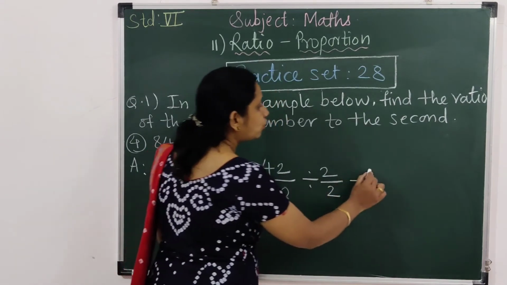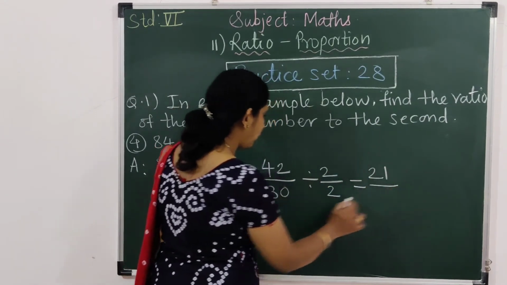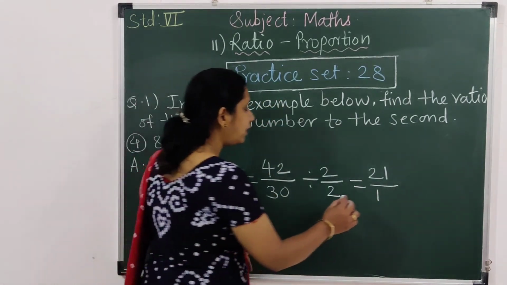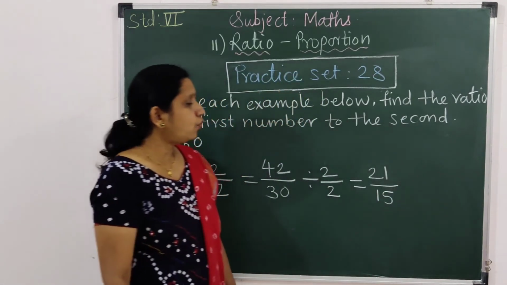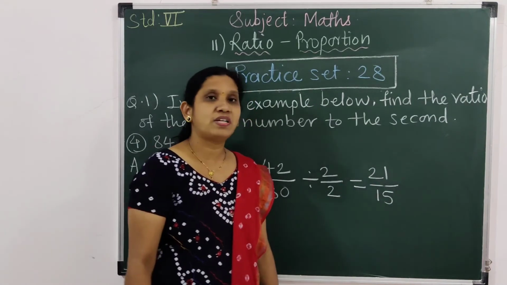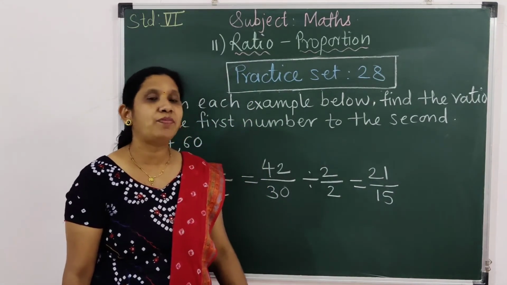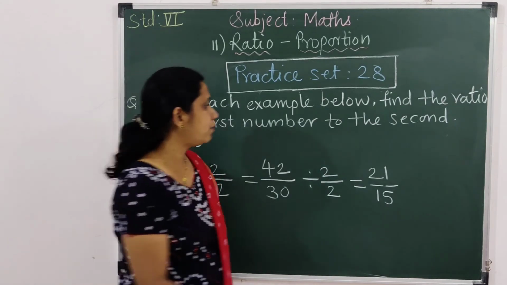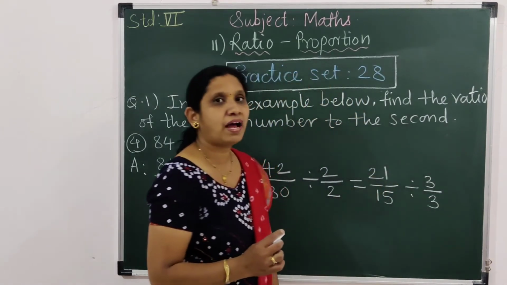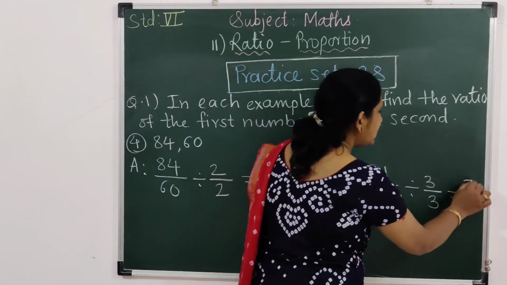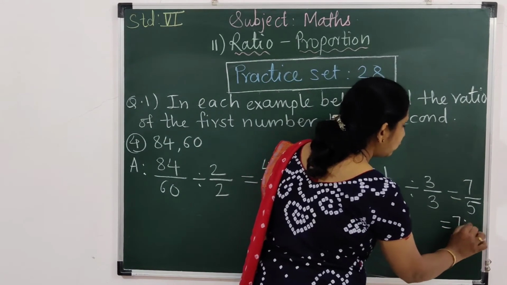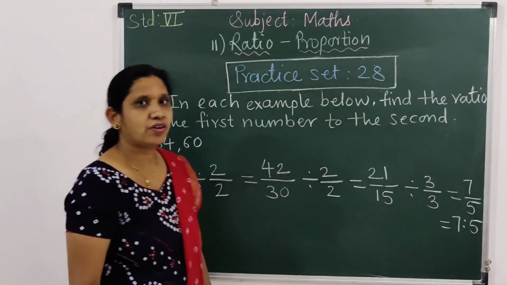Alright, so 2 2s are 4, 2 1s are 2 upon 2 1s are 2. 3 minus 2, 1 remains, number becomes 10. 2 5s are 10. Now here also we can use test of divisibility. 2 plus 1 is 3, 5 plus 1 is 6. Both the numbers are in the table of 3. It means they both are divisible by 3. So let us divide in the numerator as well as in the denominator by 3. Okay, so 3 7s are 21, 3 5s are 15. So it will come in the ratio 7:5. Okay.